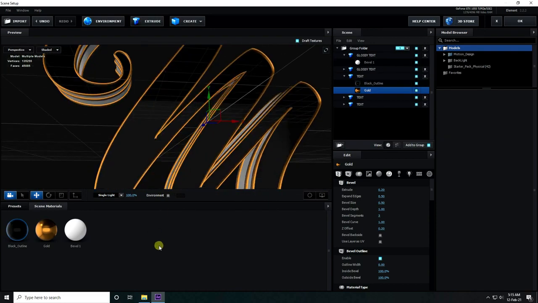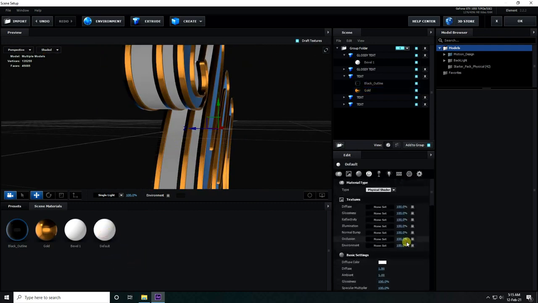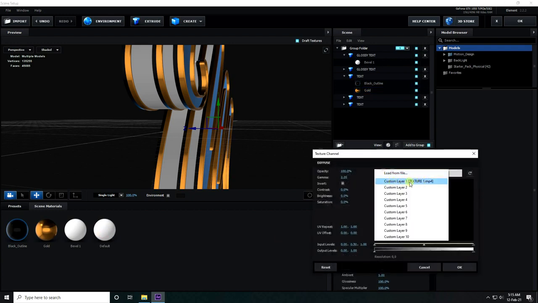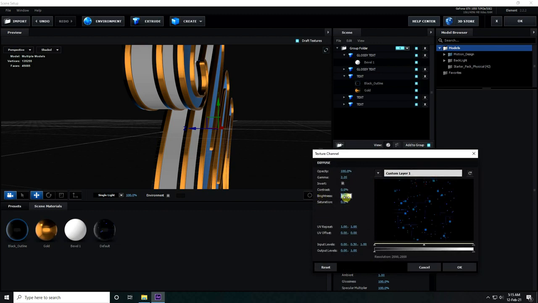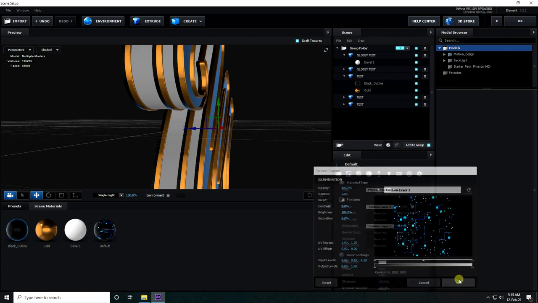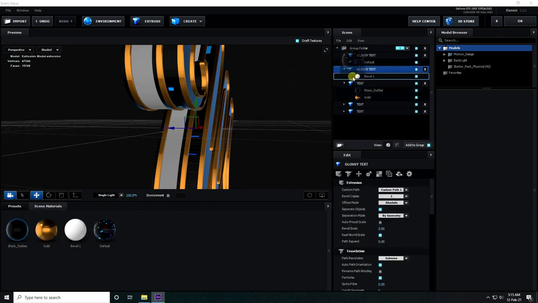Actually, that's my text. And now guys, I create a material for this one, lighting. So create a new material and select this material, and guys, go to diffuse and click. I apply texture, this one, that's my texture. And brightness I take 100%. And I go to luminance and the same texture, brightness 100%. So guys, select and apply on bevel, this one, and apply the same.